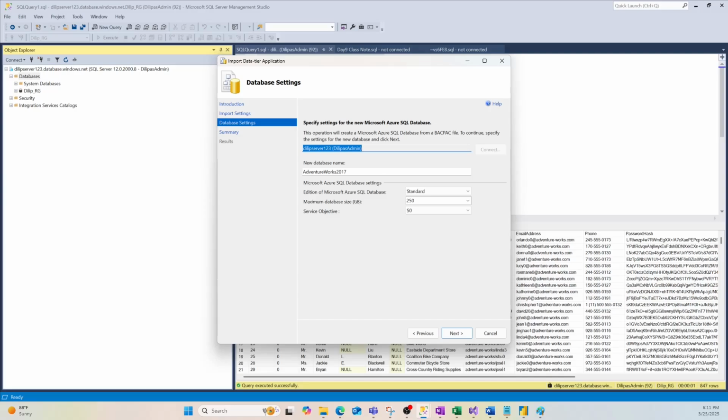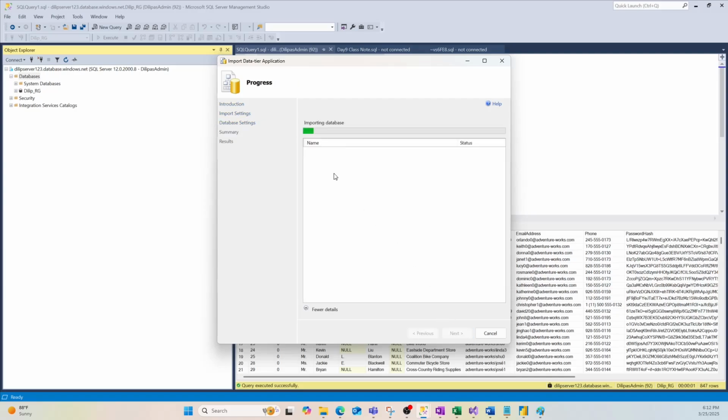Once I select this, the backup name has been selected. For the edition of the Microsoft SQL database, I will be choosing standard. I think standard is good, or basic or standard, right? Let me choose the basic one. What I'm doing here is restoring the backup into the database. The backup will be AdventureWorks 2017. It will probably take a minute or so. And then on that database,